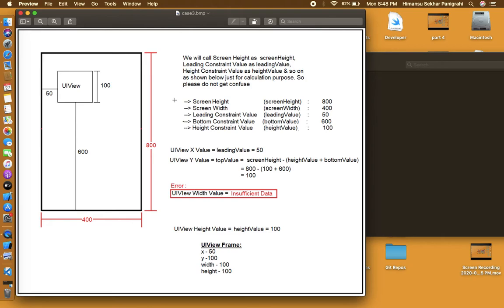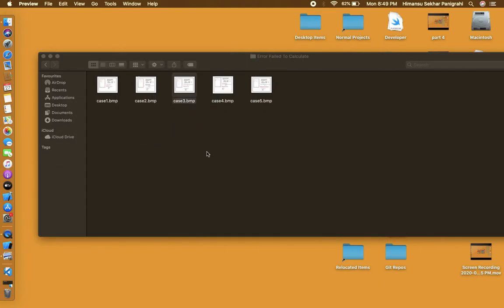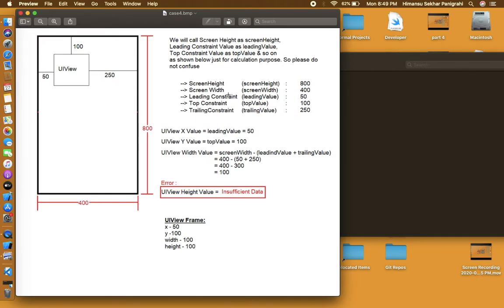Now let's have a look. So here the x value is there, height is there. Fine. So the width we cannot calculate here, because no sufficient data is there. Here y is also there. This y is not there, but using this value we can calculate y. It is fine for y, x and height, but for width it's not fine because we cannot calculate. So again that's an error, so this is also not going to work. This disobeys the rule basically.